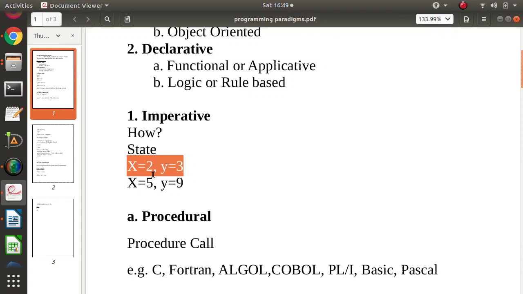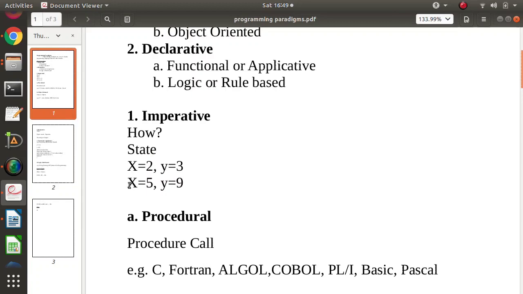At some time, suppose x is equal to 2 and y is equal to 3. At that particular time instance, x is equal to 2 and y is equal to 3. This is the state. So at a particular time instance, whatever values are saved or allocated to the variables is called the state at that particular time instance.